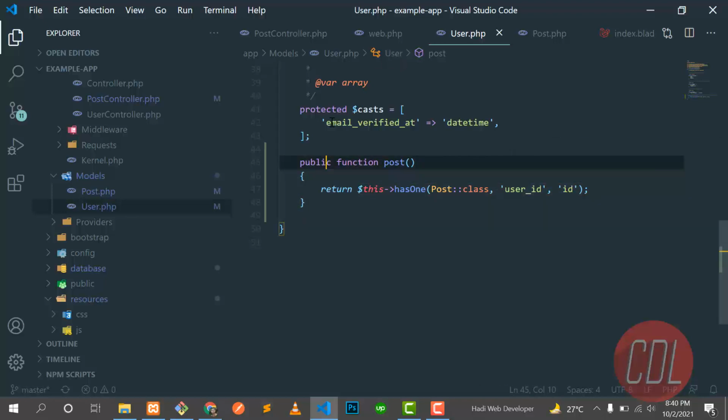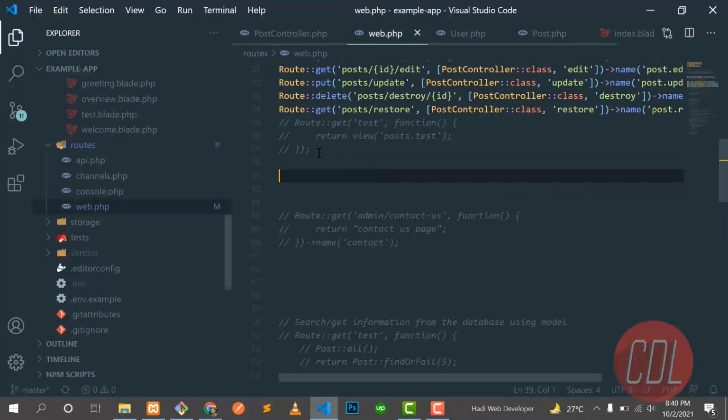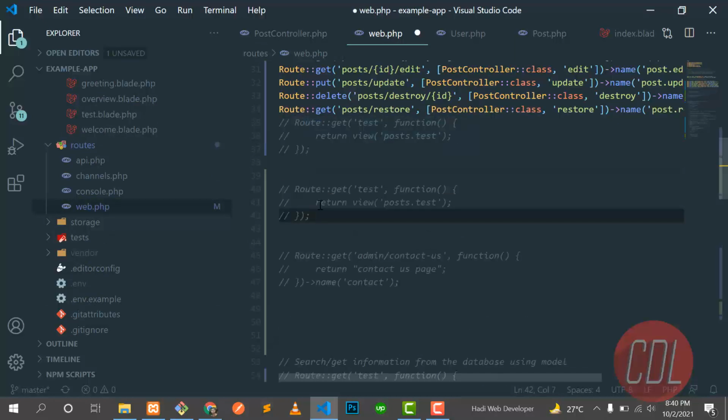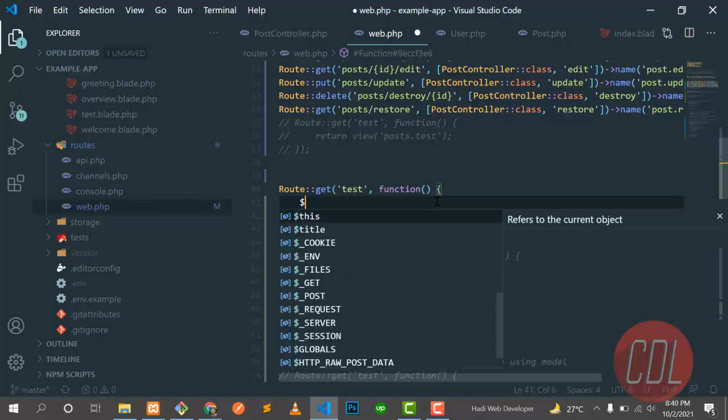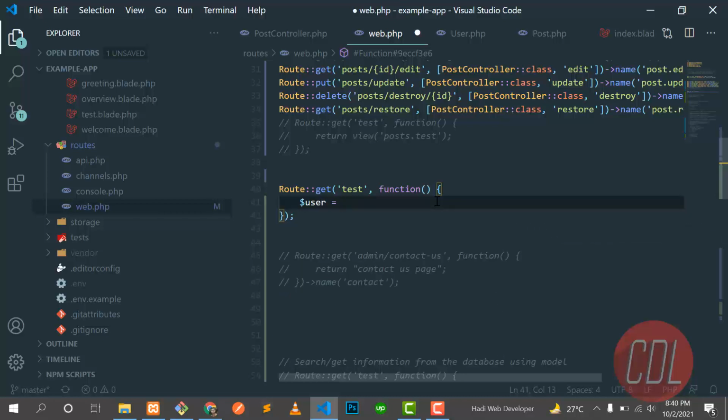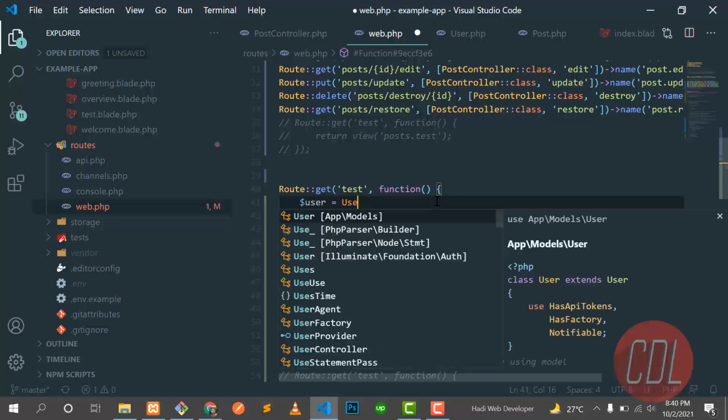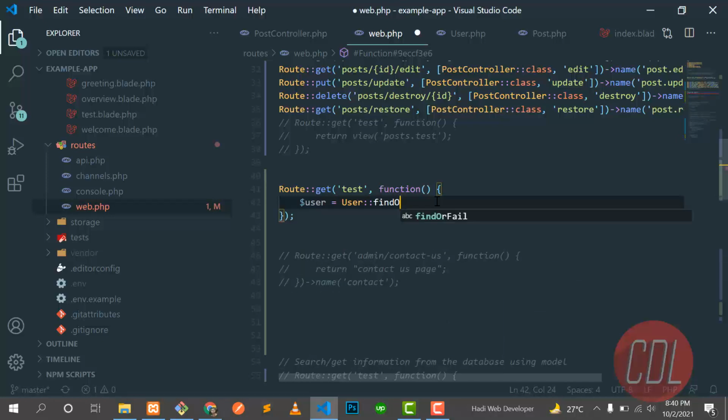So how can we access this relationship? Let's go to the web file, copy this and uncomment it. I created a test route with this closure. Now it's time to get the user's post. First let me find a user in the database. This is the User model, and then the findOrFail method.